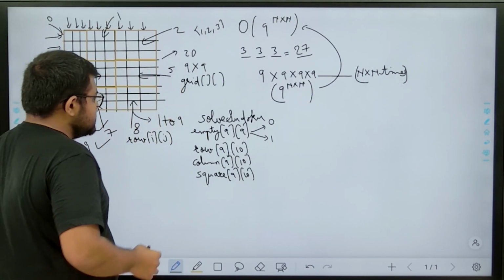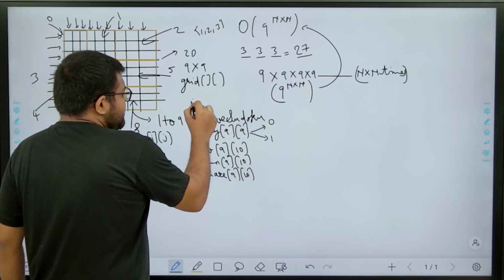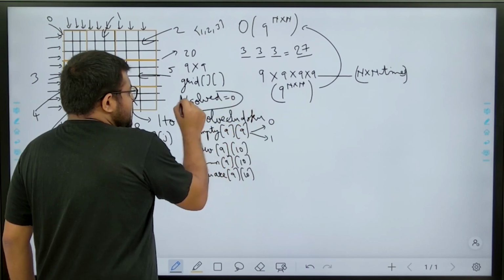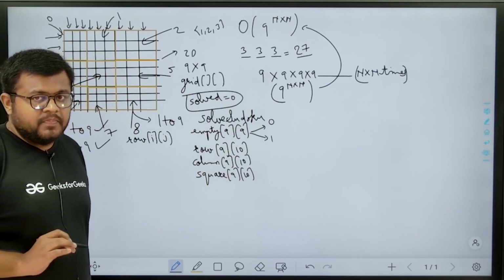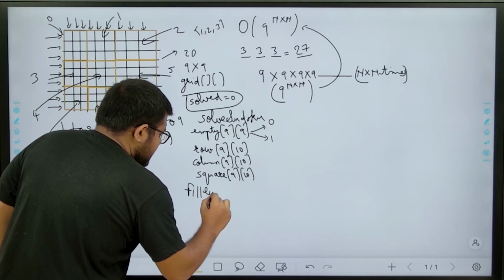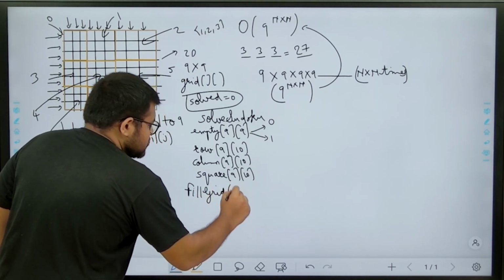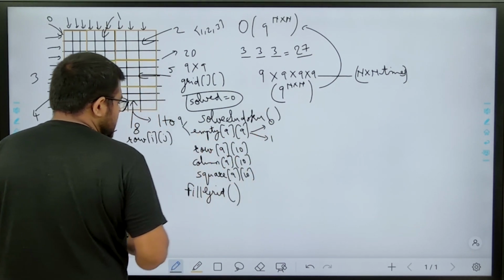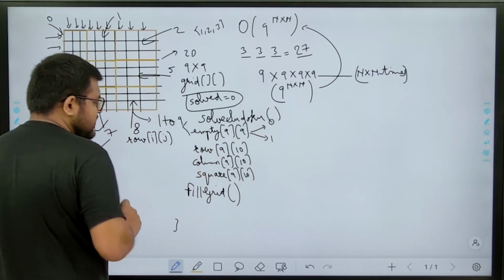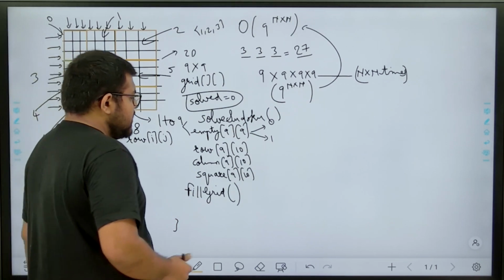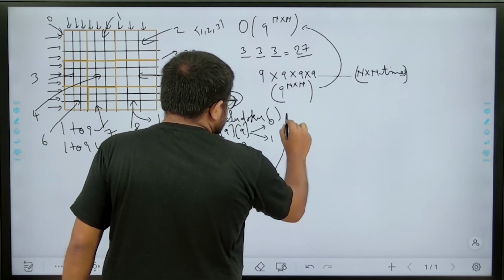Then I'll take one global variable called solved, which will be initialized with 0. If I find a solution, I'll mark it as 1, and I'll call the fill grid function. So this was in the solve Sudoku function, which we have to do. I'll do these many things, and I'll call the fill grid function, which will basically fill the Sudoku. Now, in the fill grid function,